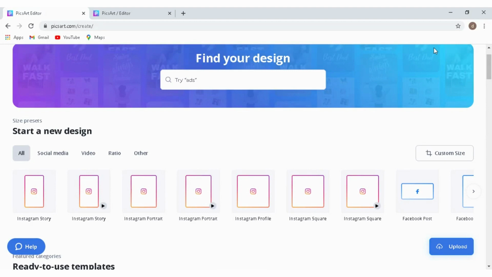In my previous video, I shared information about how to create an animated intro for your YouTube or any business related videos. In this video, I am going to show you how to create an amazing wallpaper on your own. Without using any software, just by PicsArt online platform, you can create an amazing wallpaper for your mobile or your laptop.